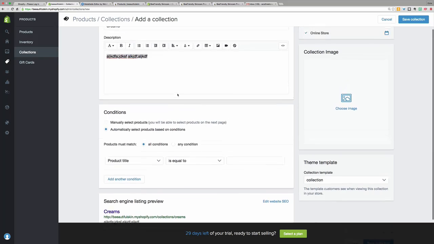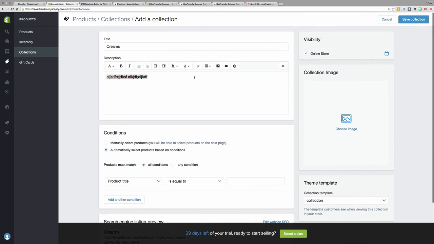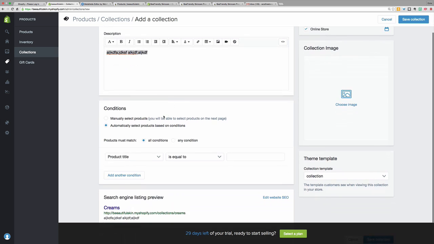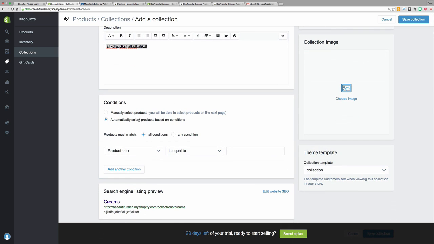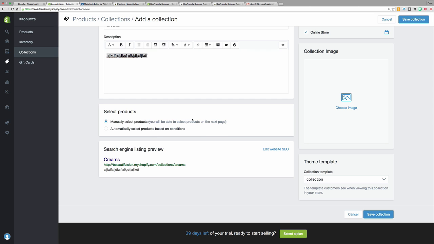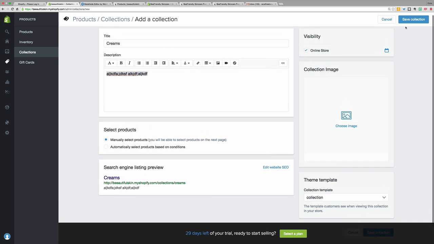After you have added a title and description to your collection, which by the way can include images and things like that, you can then set the conditions for your collection. So you could say, for example, make me a collection of products that are tagged with XYZ, or make me a collection of products that are under $100. Now we're going to use dynamic tagging to do price filtering, so you don't need to do that. Or you can say manually add products to my collection, and you can select your products once you save the collection. So if we were to do this and we were to save our collection here,